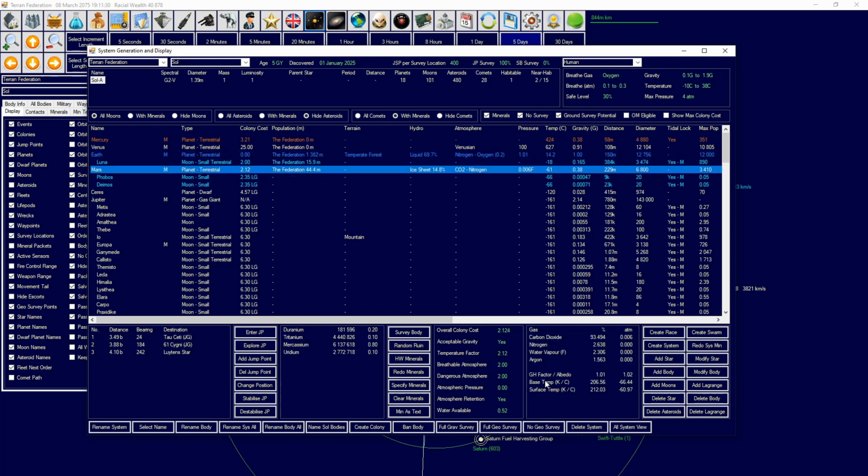If we look at Mars, we can have a look. Breathable atmosphere, dangerous atmosphere, and 2.12 there. And that's how that works. And then we see atmospheric pressure. If it can retain the atmosphere, it'll say here. And then water available. So in C#,